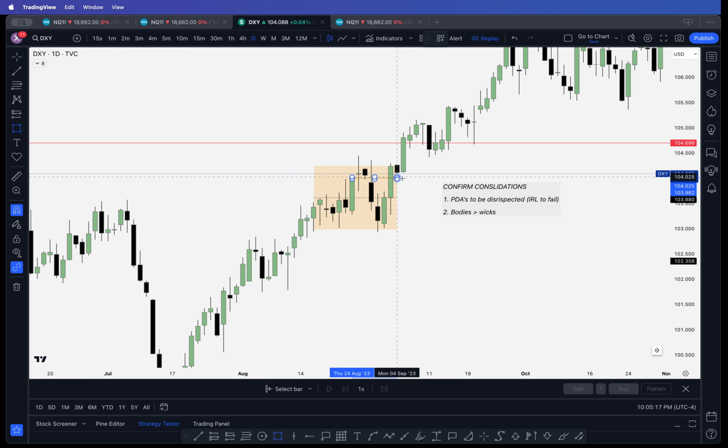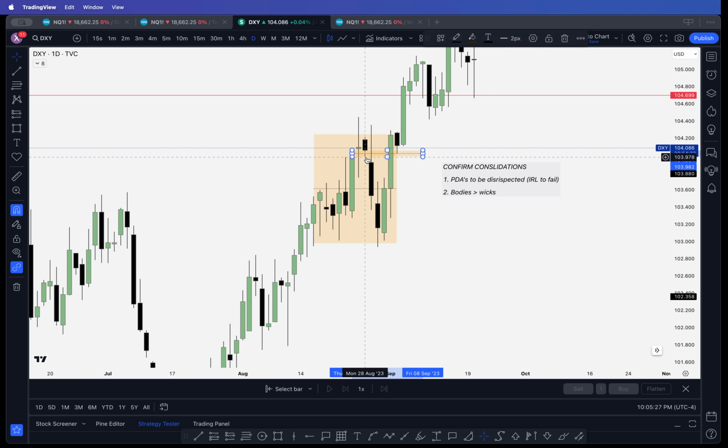Do you guys see this inefficiency in here? Does it support price higher? This bullish volume imbalance, does this support price higher? Yes or no? No, it fails. Okay, cool. It fails. What about this down close candle? Do we get any support at this down close candle? No. What about this